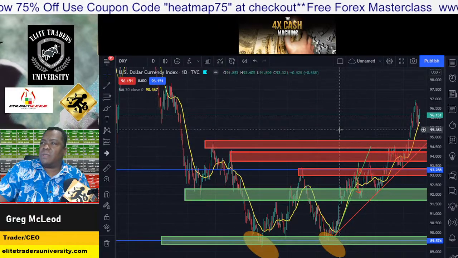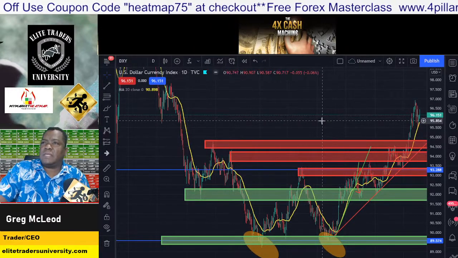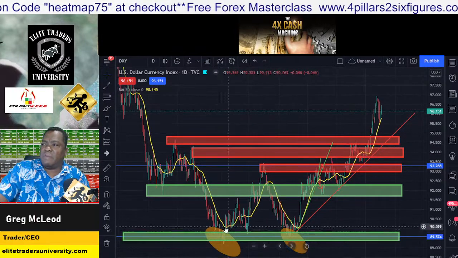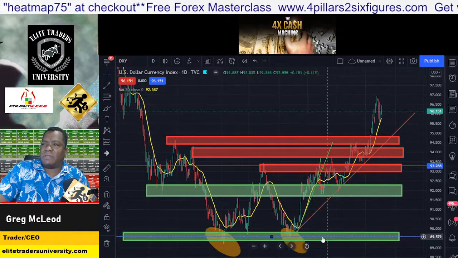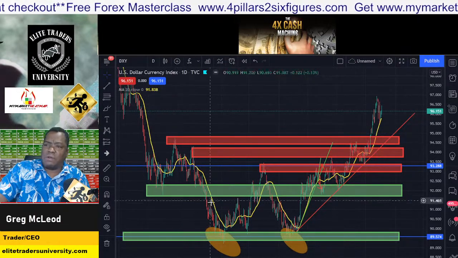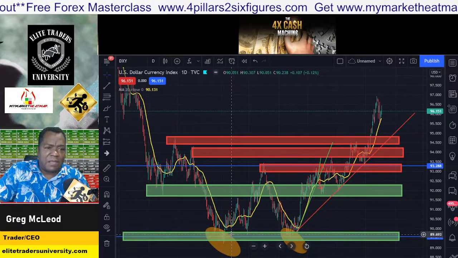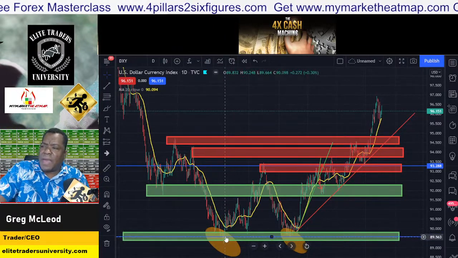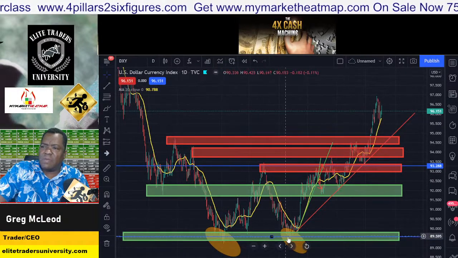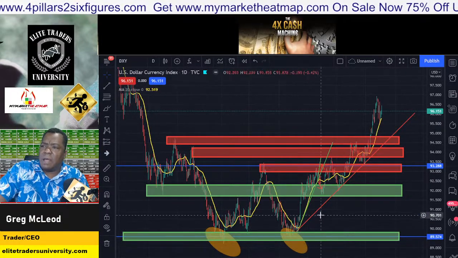Okay, that's a wild chart there. Okay, but this is the Dixie. This is what I want to start with anyway. And you can see we had a nice bit of demand zone at 89.57 here. And see, we're in a downtrend. The pair was saying the dollar is dead. The dollar is dead, right? We bounced. It rallied up. Bounced again. We have a classic double bottom.